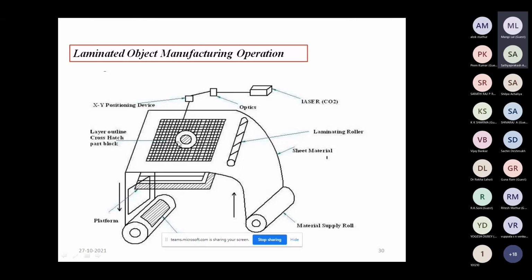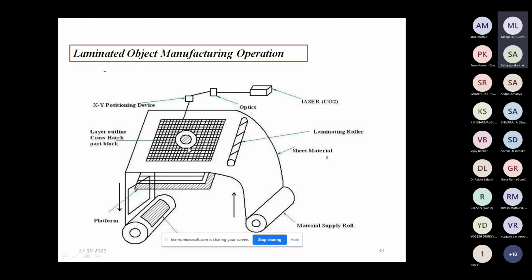Okay, now after cutting the cross section of the required product, the remaining sheet upon the platform is cut in a crosshatch pattern, like this. And we do not remove this remaining sheet at this time.